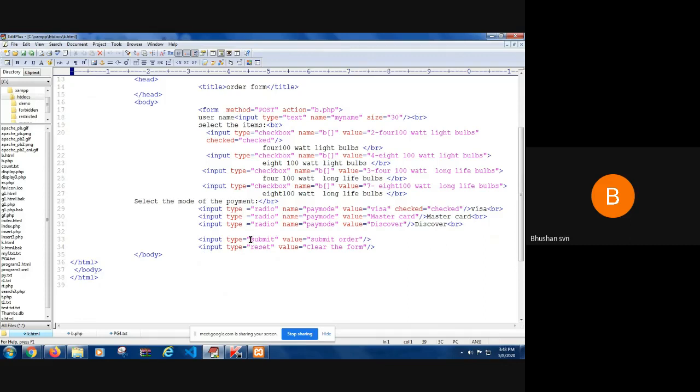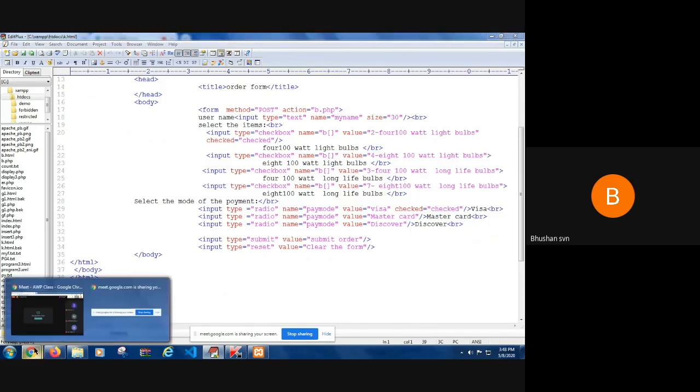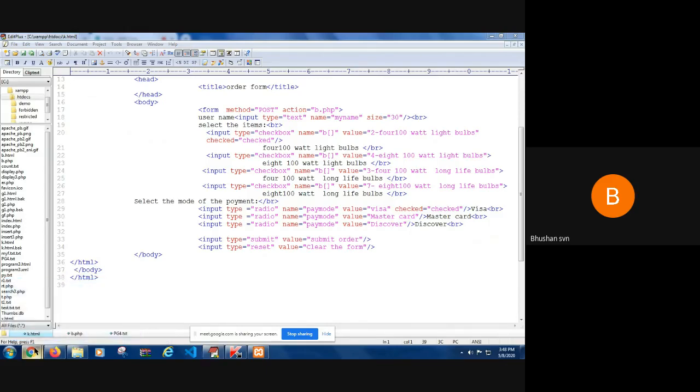Next I have a button: input type is equal to submit, value is equal to submit order. Then input type is equal to reset, value is equal to clear, so it will clear everything. So now this is one way of doing this program. Now if I open the code,